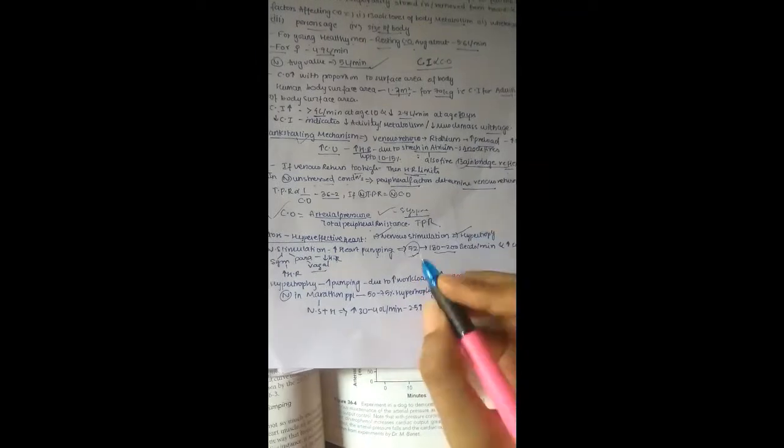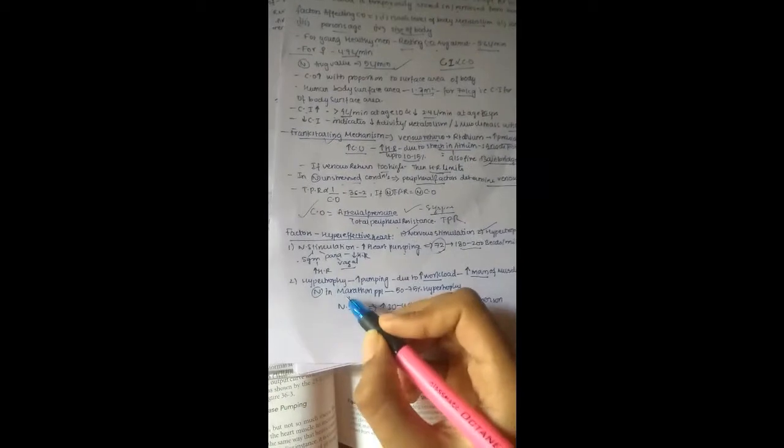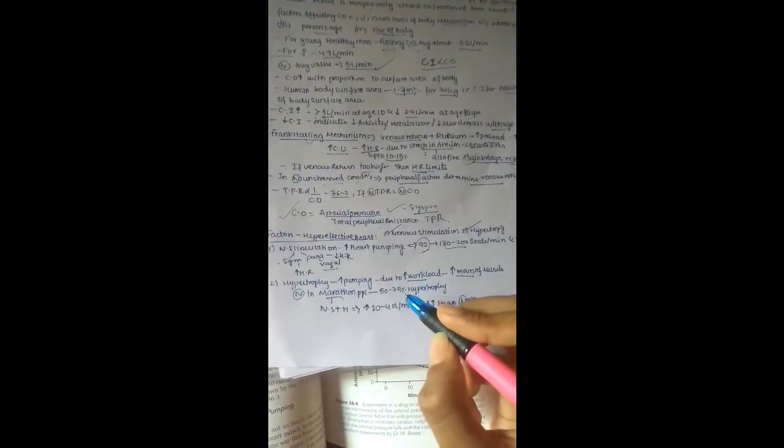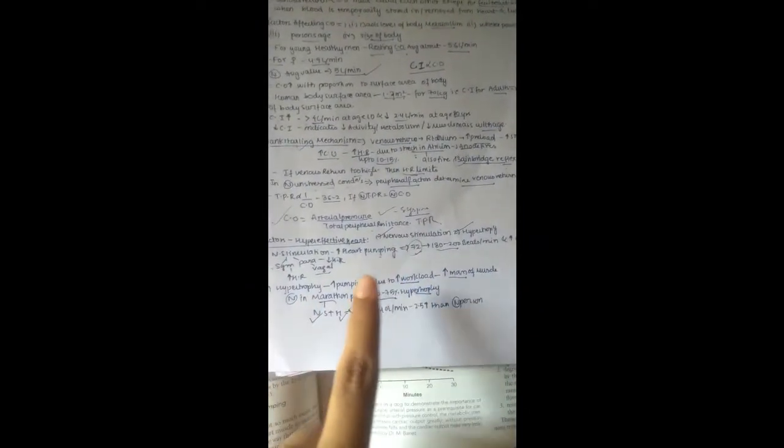So here also pumping is increased due to increased workload. Whenever there is higher workload, only then will our ventricle get hypertrophied, that is, increase in muscle mass. Normally in marathon people, like people who exercise or play games, especially marathon running, there is 50 to 75% hypertrophy. Why is it there? Because of both nervous stimulation and hypertrophy. Because of hypertrophy, there is already an increase in pumping action, and also because of the nervous system, mainly our sympathetic nervous system, it increases.